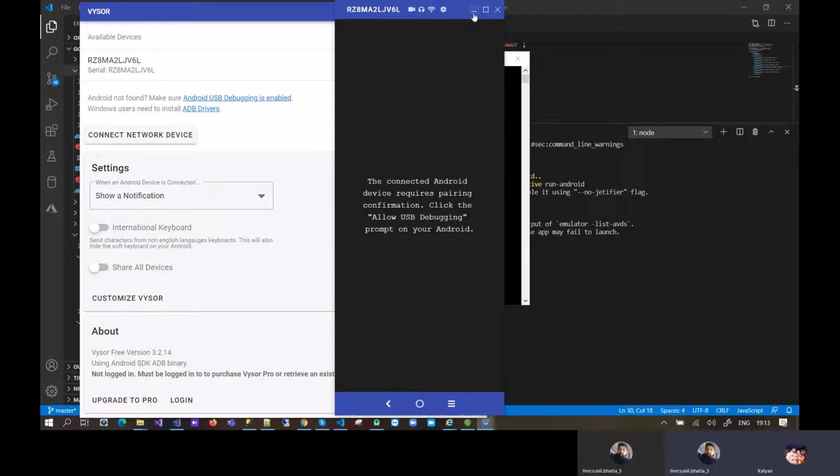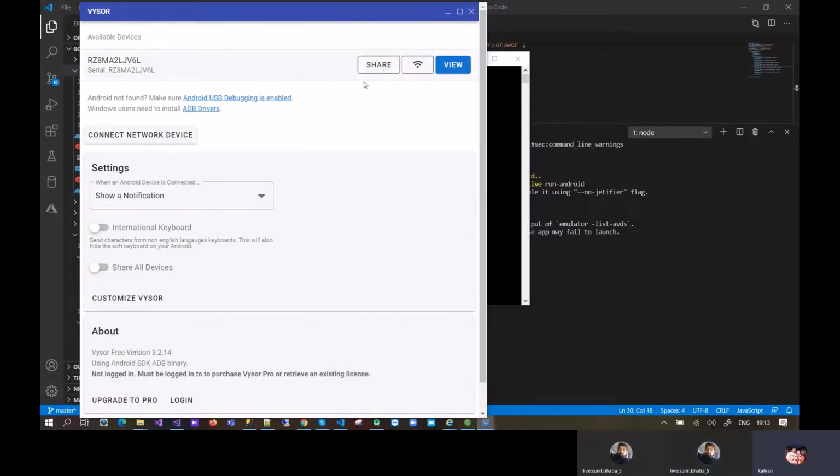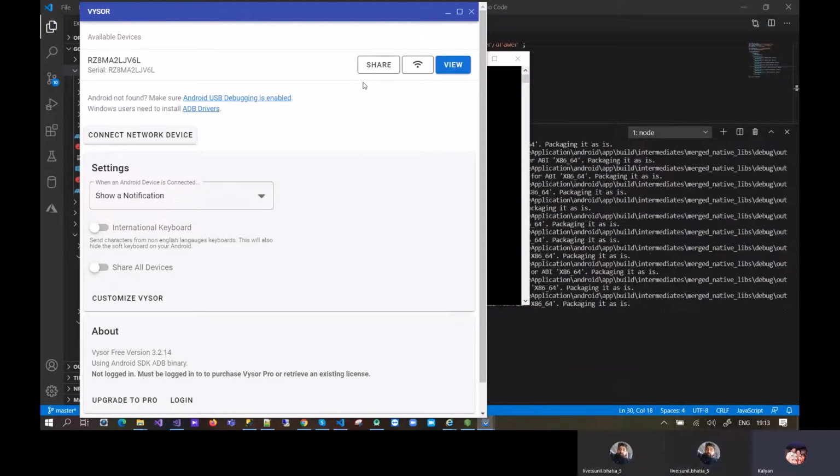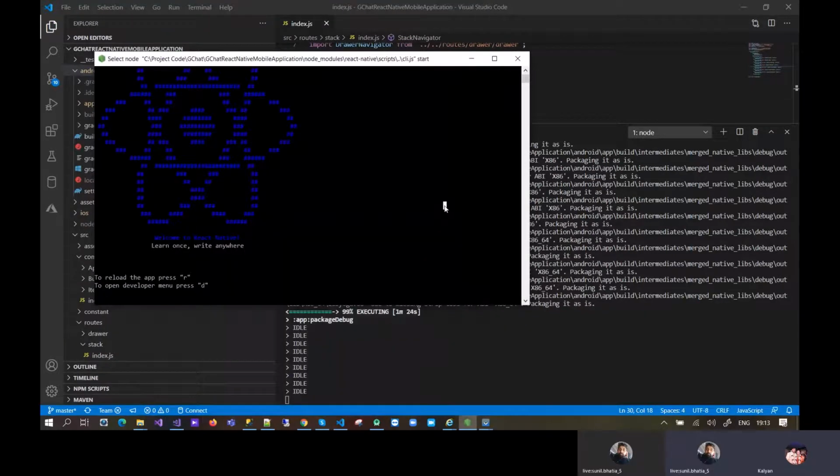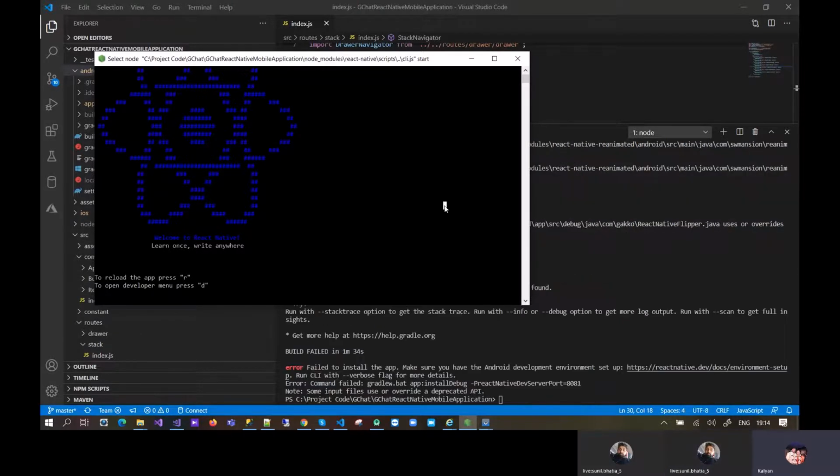What is this? Android development device is not available. Okay.